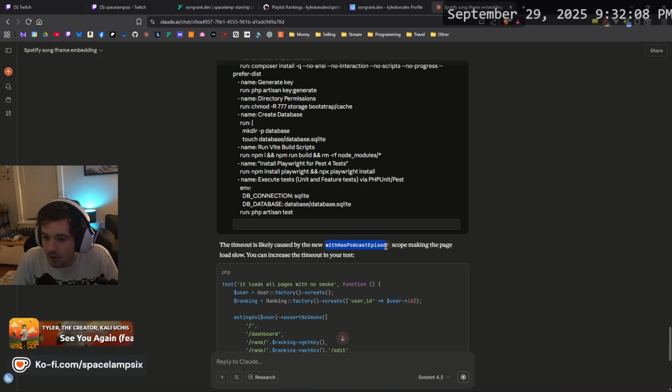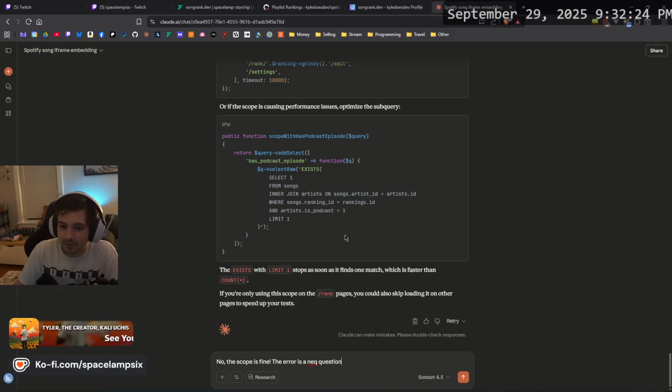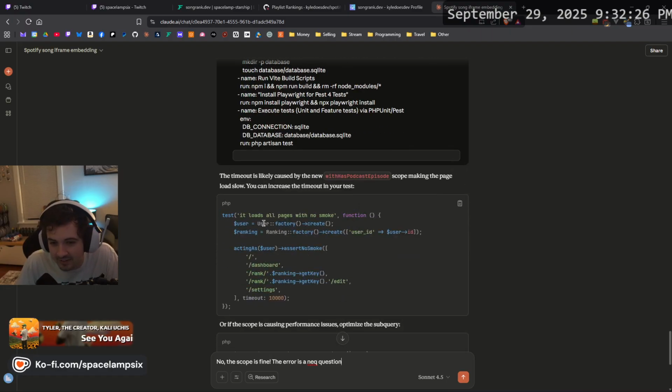What? No, no, no, no. The scope is fine. The error is a new question. Wait, does it think there could be something wrong with it, or is it phantoming? This is so interesting.